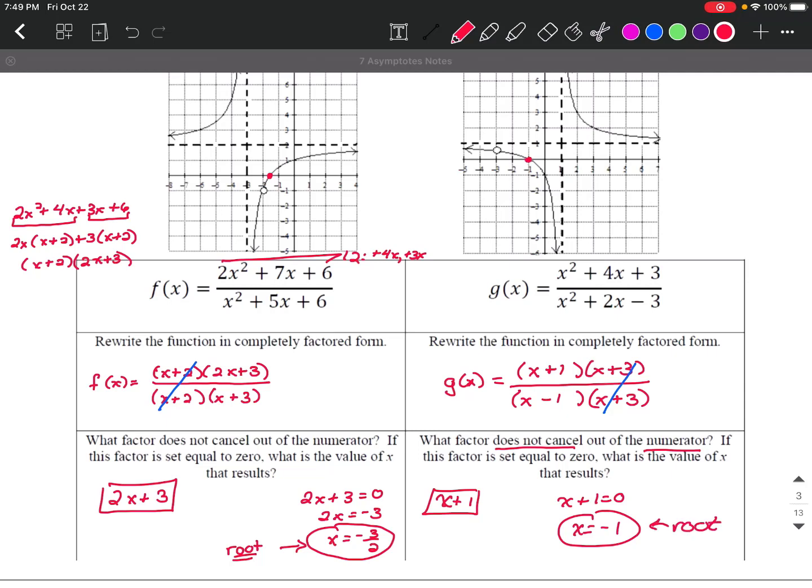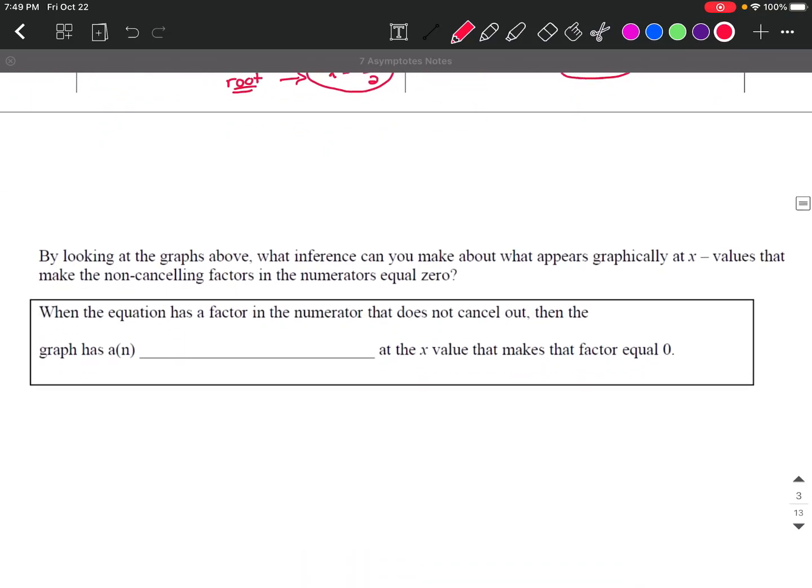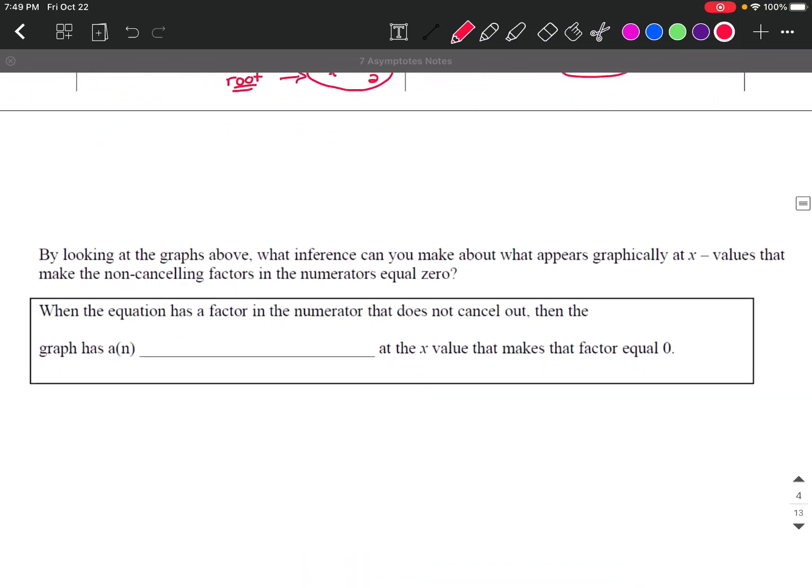There's our root. So again, when an equation has a factor in the numerator that does not cancel out, then the graph has an x-intercept or a root or a 0, whatever you want to call it,